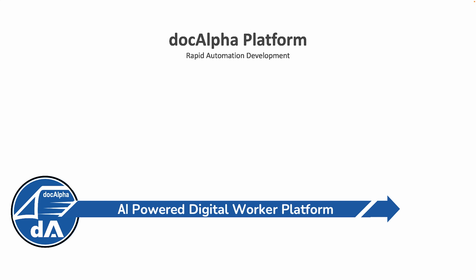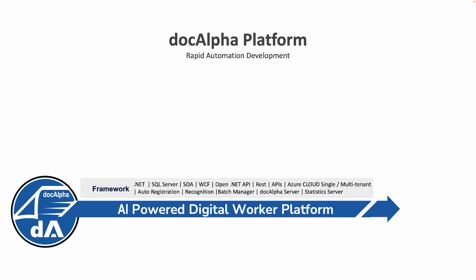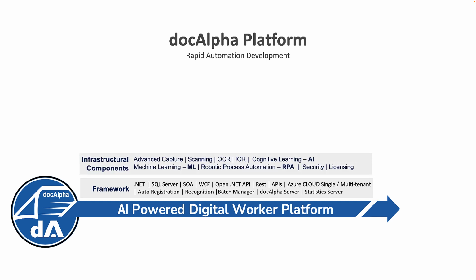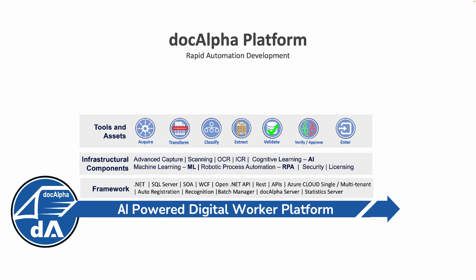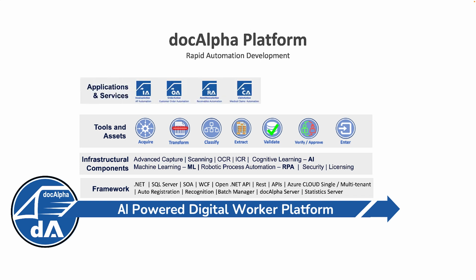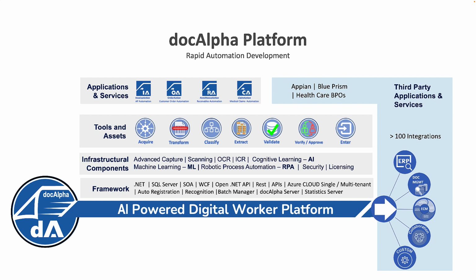As with the smartphone example, there is an underlying framework of technologies with transformation components, which are the underpinning of all the capabilities of the platform, which can be customized for any document-based process. Also on this platform, process-specific applications can be built, which we will cover in a moment, and third parties can take advantage of all or specific platform capabilities to add functionality and IP to their offerings.